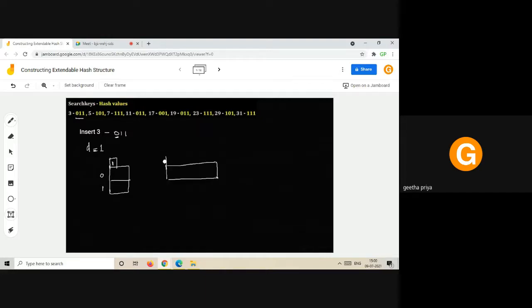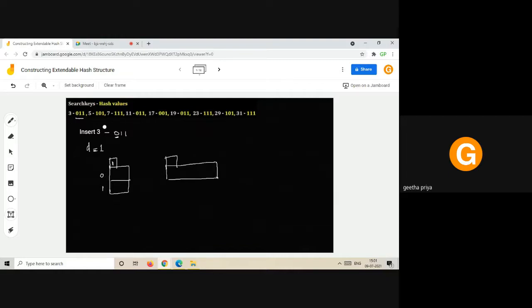Okay, and the local depth has to be placed in this bucket. Before that, you can understand that here there are 2 bucket addresses, right? One bucket address can point to the bucket which stores the records whose hash values start with a 0. Similarly, this bucket address location can point to another bucket that can be added further. That bucket will store the records whose search key values start with a 1.